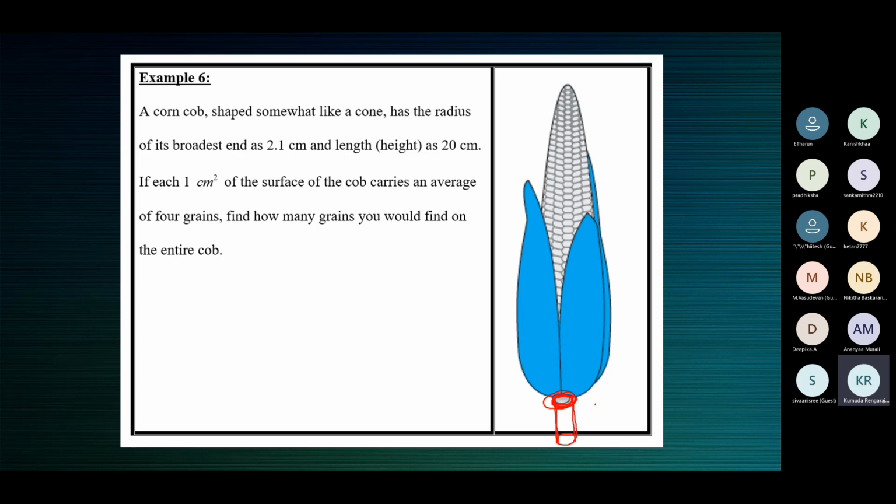Which is that circular base? That little portion where the stalk is attached to the corn cob will be a circle. There will be no corn. When you break the stalk, the place where the stalk was fixed to the cone will be circular. There will be no corn cob. You will not find the grains in that circular portion. The rest of it you should regard as CSA.